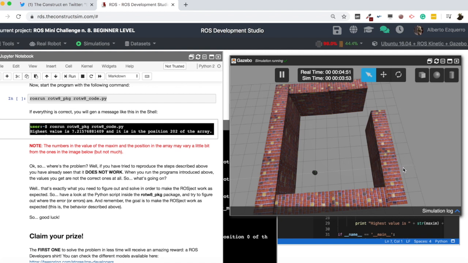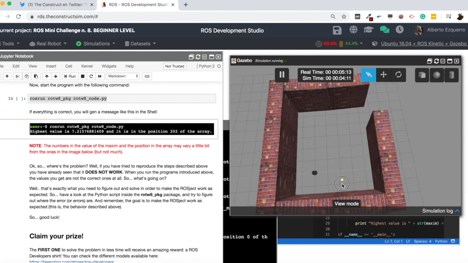And the position 719 is around here. So here in the middle we will have the position 360 more or less. So the position 202 would be here between the 360 and the 0 position. So more or less it will be somewhere around here, which makes total sense, because if you analyze the environment,